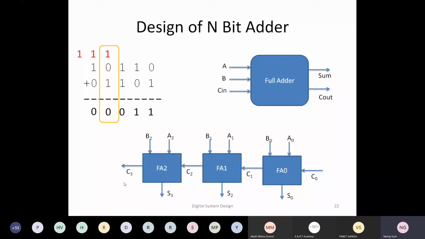The third thing is, is there a possibility that I can generate some sort of generic n-bit adder which can have any number of inputs? Which can be a 4-bit adder or 8-bit adder or 32-bit adder, something like that. Because the design is generic, can I create one model which can be used for multiple types? Okay, so this is about modeling, but along with the model we have to test also.